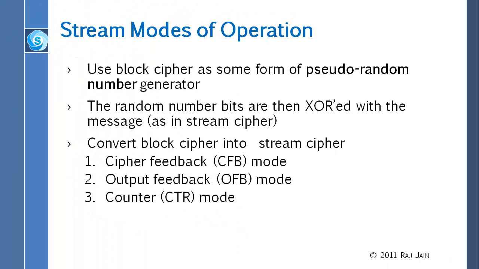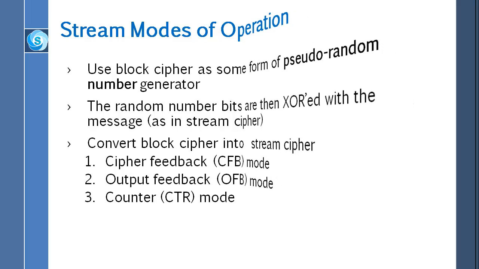Okay. Good. Thank you. All right. So now we are back to the track on other modes of operation, and these are called stream modes of operation, because in these modes, even though we are using a block cipher, we are taking bit by bit and exclusive-ORing them with something. So there are three modes that we will talk about. First is called Cipher Feedback, another called Output Feedback, and the third one is called Counter Mode.